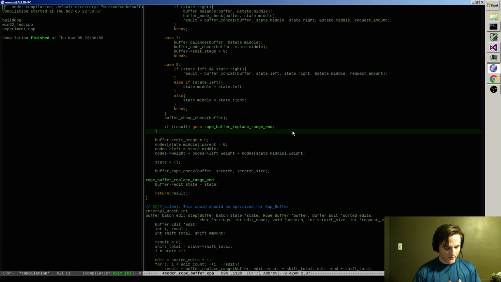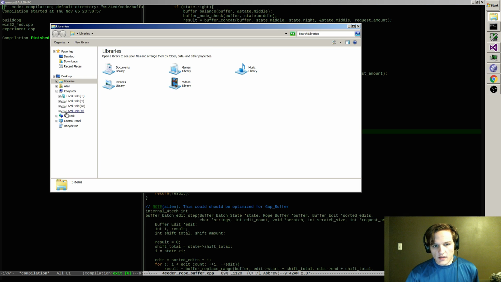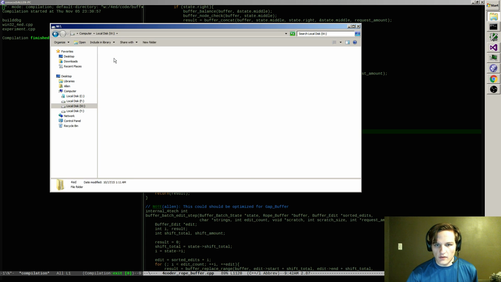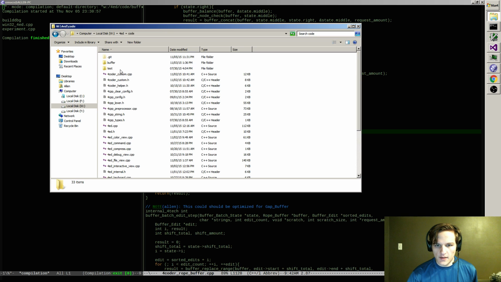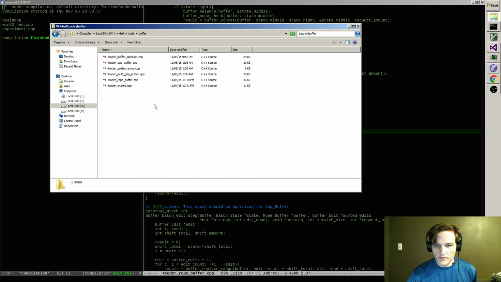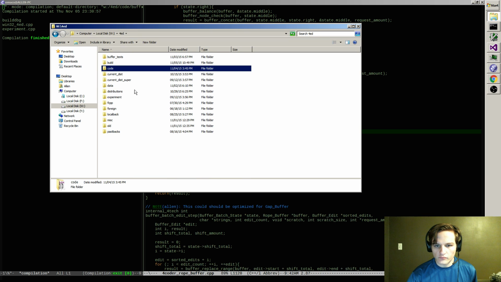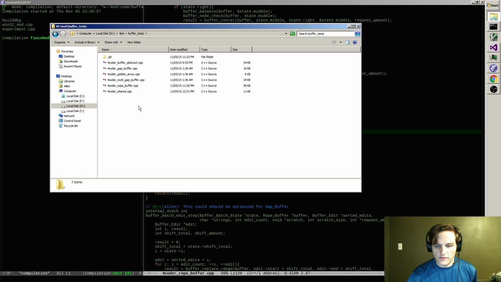So, this is a fun part of the experiment. I have to think about what's the best way to organize this before I do anything else, because basically all of my buffer code just goes in this folder and then it gets moved out to this folder in order to push to the Git repo.